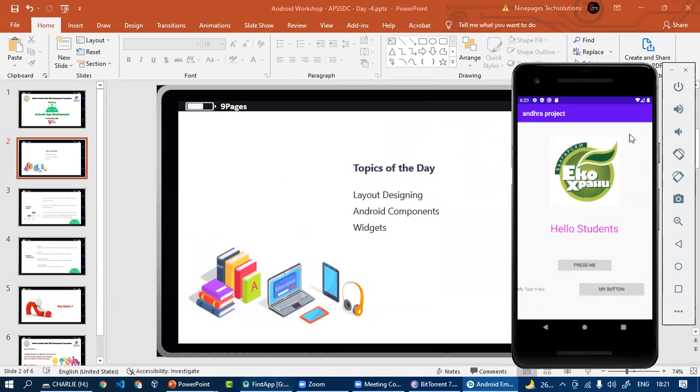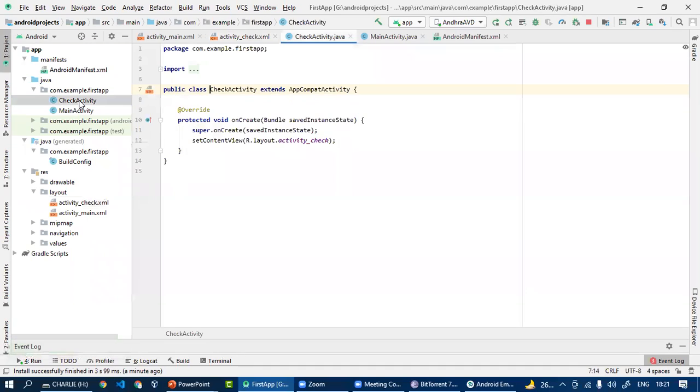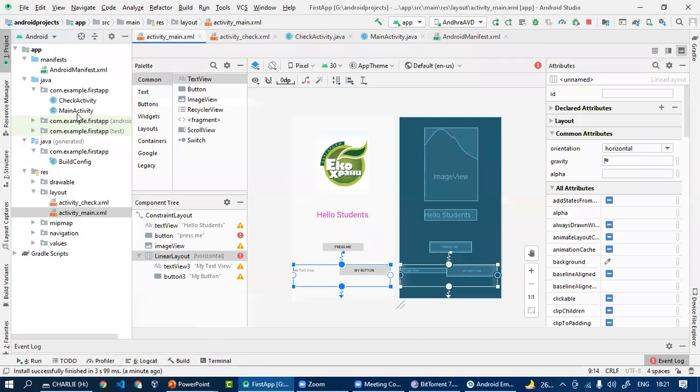So here is our application, and we have another activity, the check activity. If we want to go to the check activity from our main activity, you will have to apply some changes or some event handling concept. This XML file is associated with the main activity, which is our launcher activity.